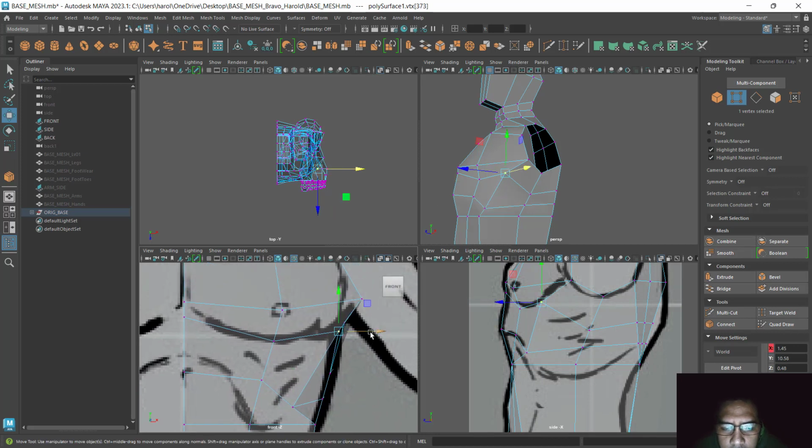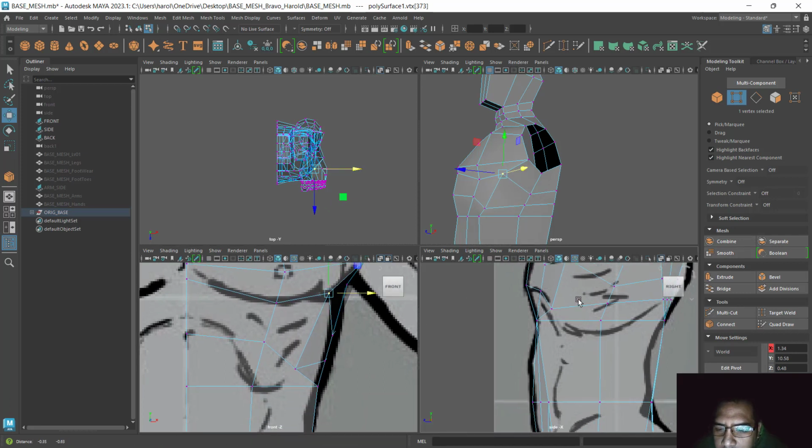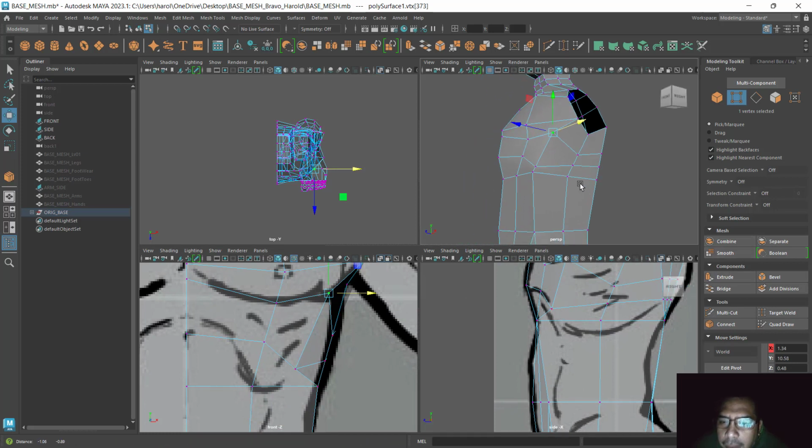I'll push this a bit. There. So this means that this line, in the perspective, these were the vertex that I was holding on to. So this edge line here